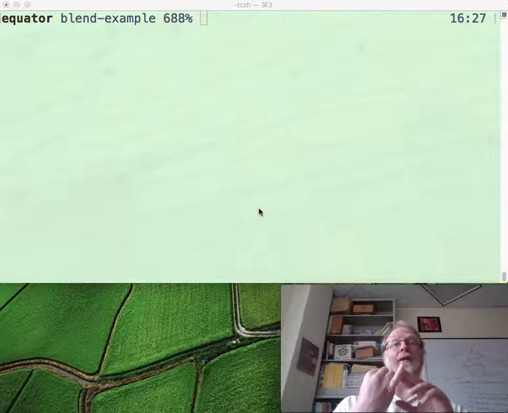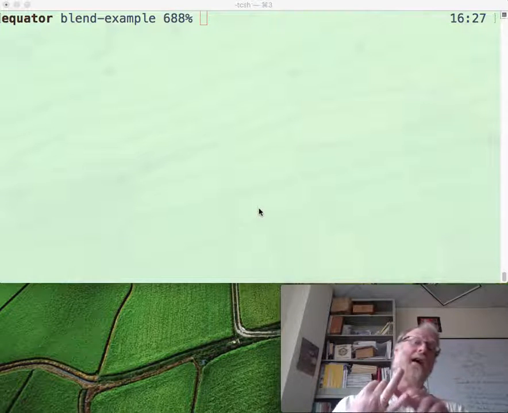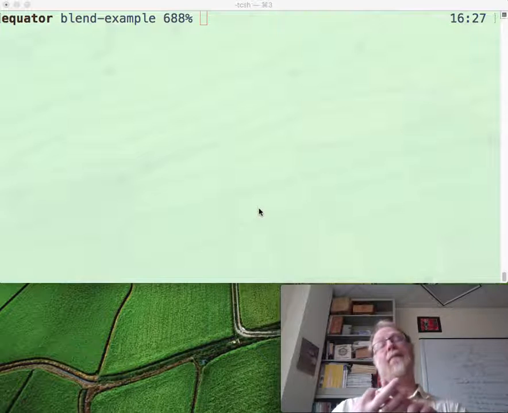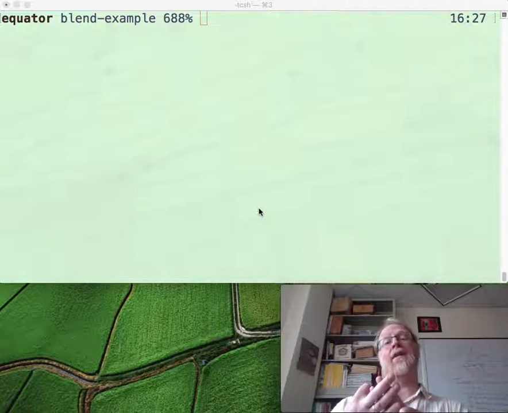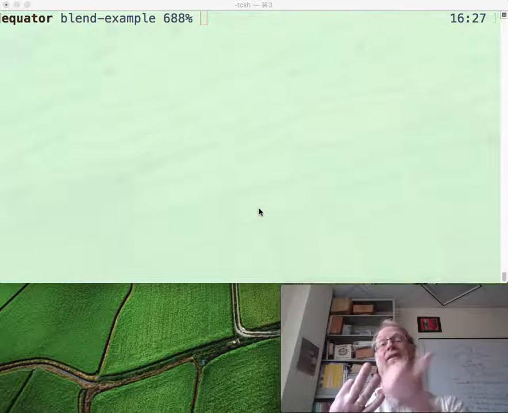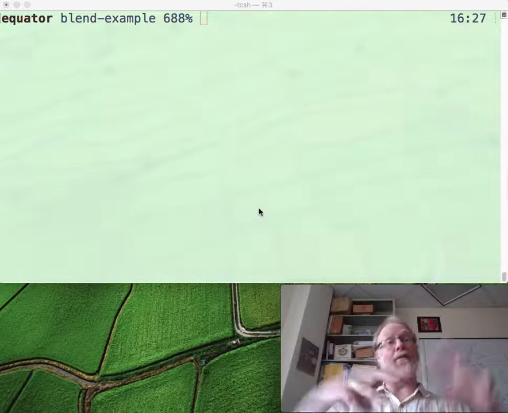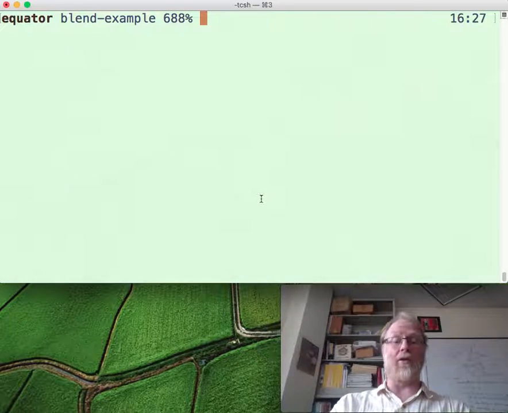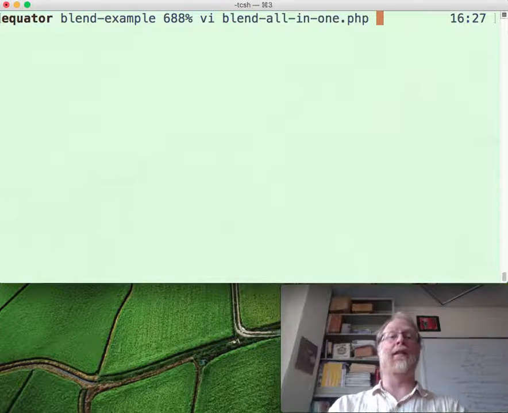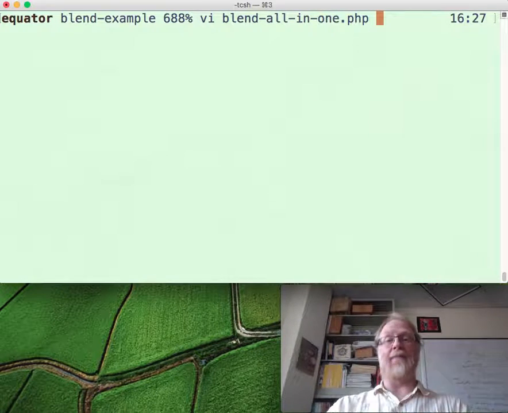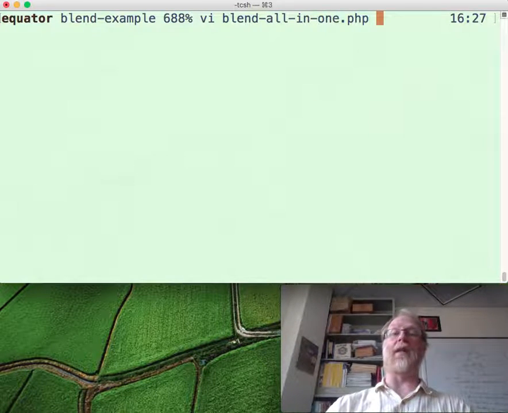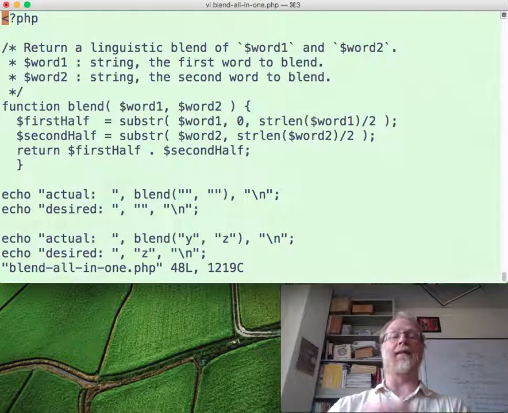A file with our PHP code, a separate file with the test cases, and a separate file that prints out a web page but calls some of those functions that we originally wrote. Okay, so first I'm going to put them all in one file and then we're going to pull them out into pieces. So looking at the previous file, I've renamed it to blend-all-in-one.php,